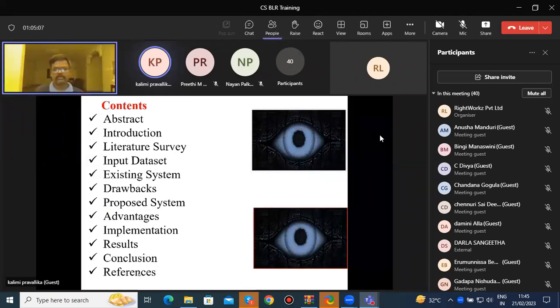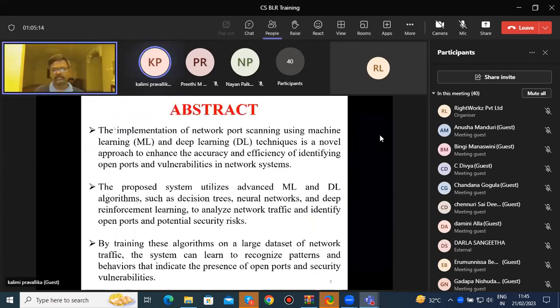First, we have to know the abstract. Here is the abstract of network port scanning. The implementation of network port scanning using machine learning and deep learning techniques is a novel approach to enhance the accuracy and efficiency of identifying open ports and vulnerabilities in network systems. The proposed system utilizes advanced ML and DL algorithms such as decision trees, neural networks, and deep reinforcement learning to analyze network traffic and identify